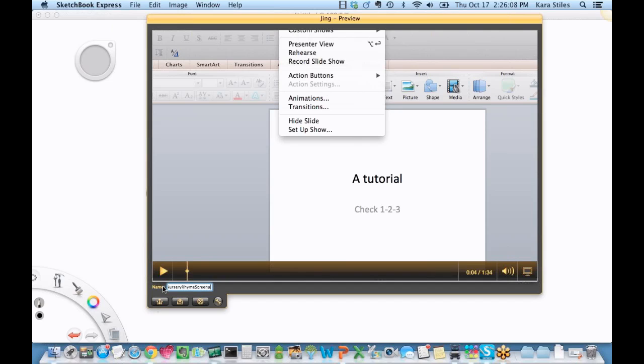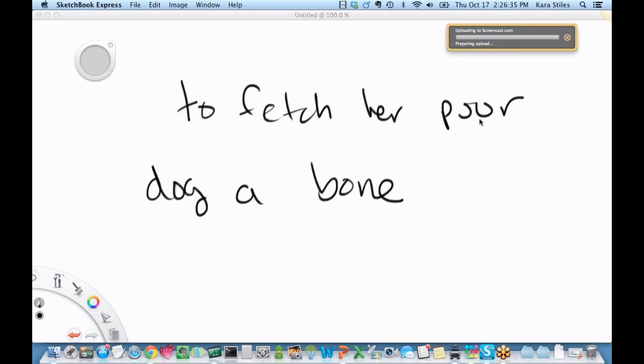Nursery Rhyme Screencast. So I've used a lot of tools so far. I've used PowerPoint, I've used my tablet, I've used Jing to capture the screencast, and now I have to tell Jing what to do with my screencast. I have a couple of options here. I can choose to save this to my computer, and that'll save this as a Swift SWF Shockwave flash file, or I can choose to just click this little button that reads share via screencast.com,